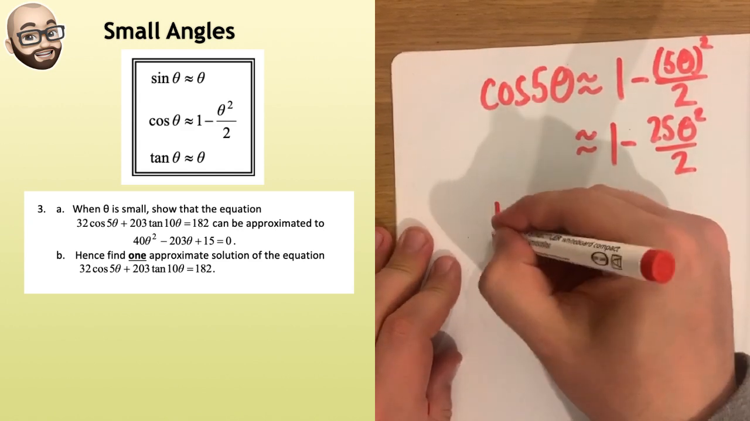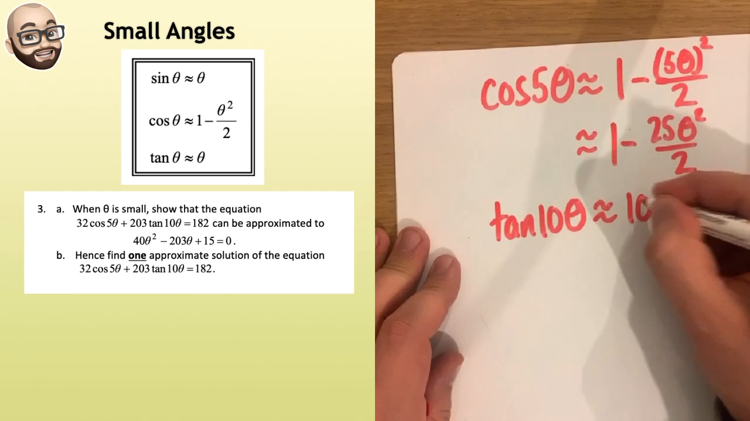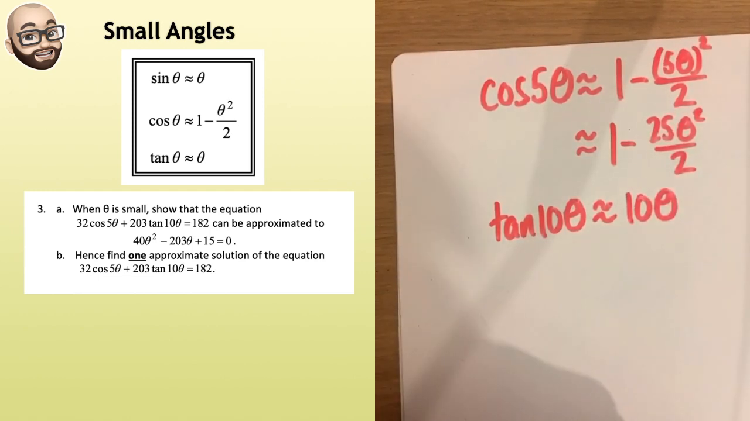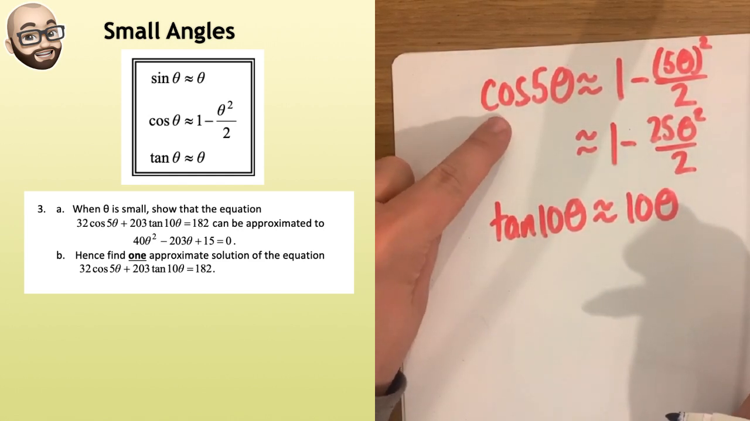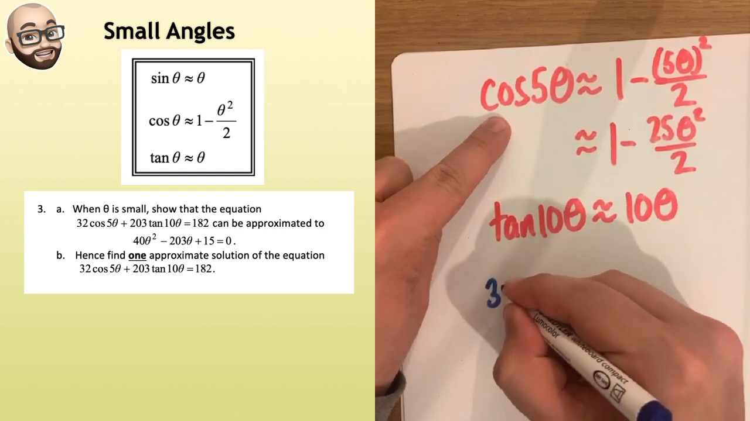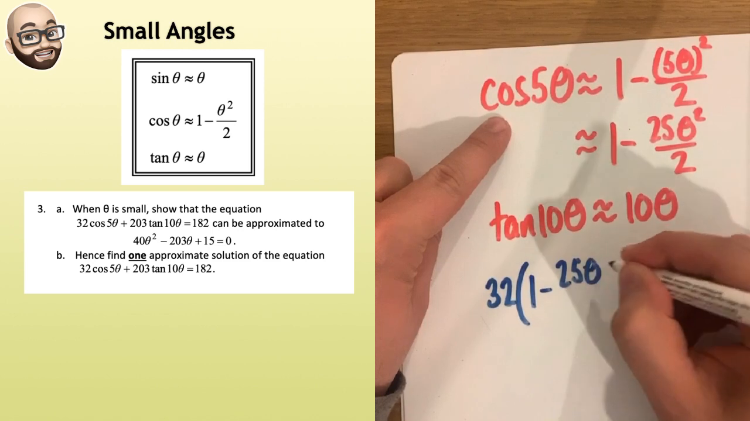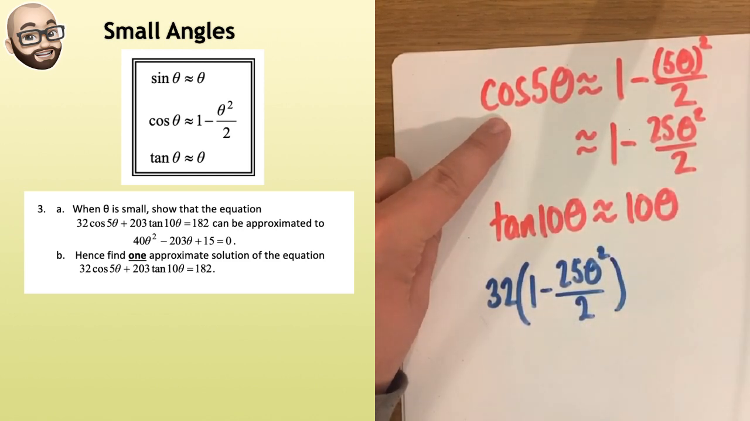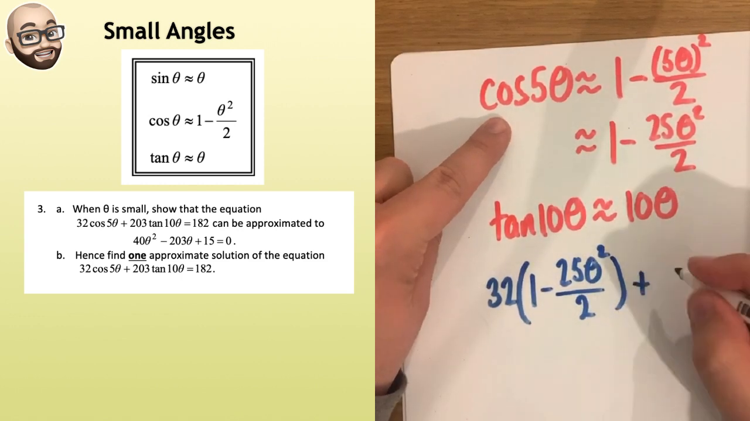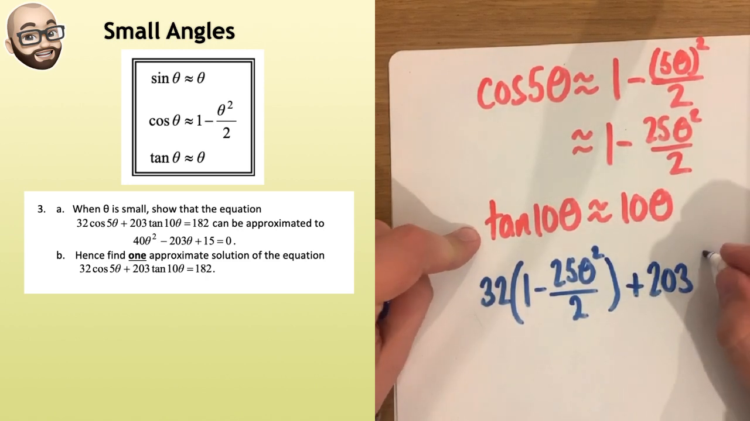We've got a tan of 10 theta, which I'm just going to call 10 theta. And now we can start substituting those two bits into the equation we've got. We want 32 cos 5 theta, so we want 32 lots of 1 minus 25 theta squared over 2, plus 203 lots of tan 10 theta